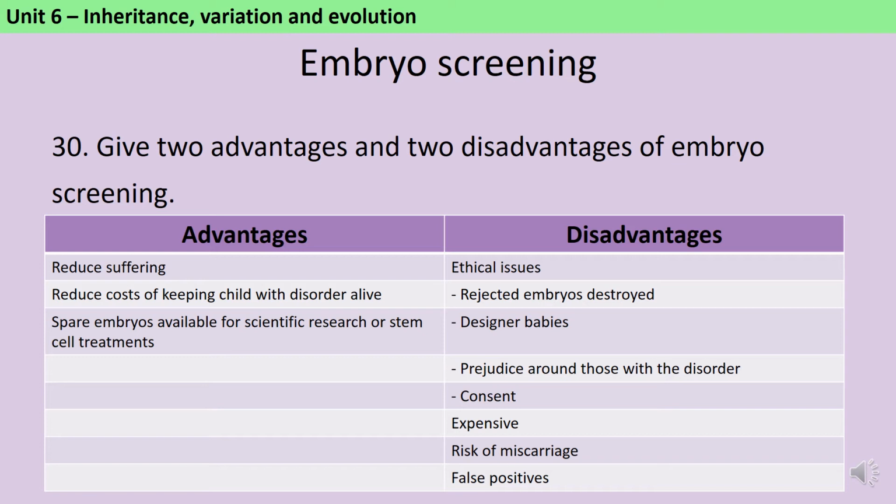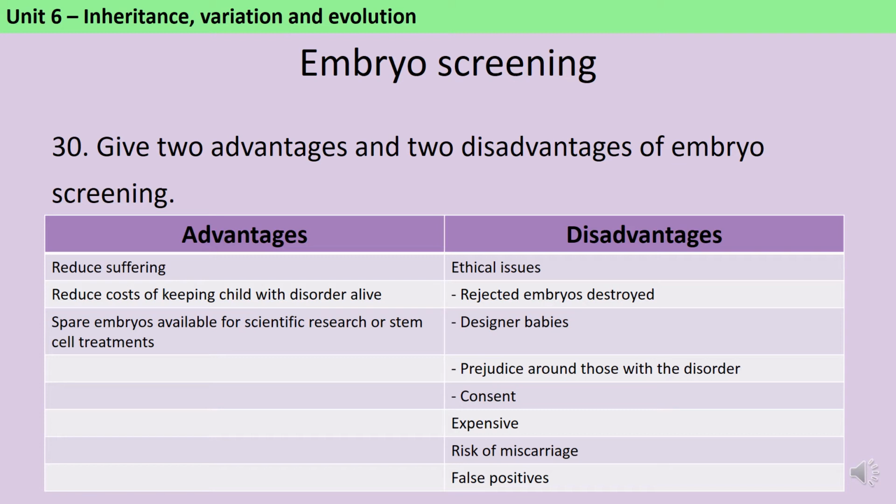In terms of disadvantages, there are a wide number of ethical issues, and it's important if you're stating these that you specify what they are, because sometimes just saying ethical issues won't be enough to get you the mark. As we've said, there's often a large number of embryos generated by the parents before screening, and the rejected embryos, if they're not used for scientific research or stem cell treatments, may simply be destroyed,